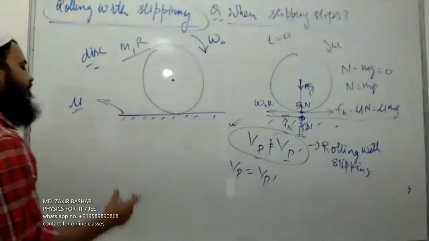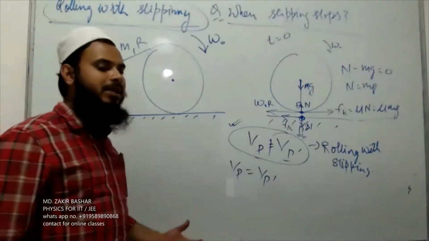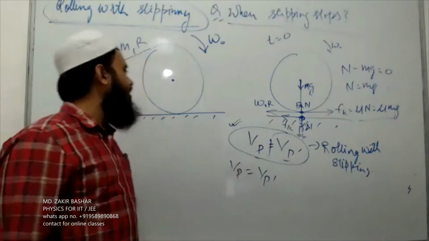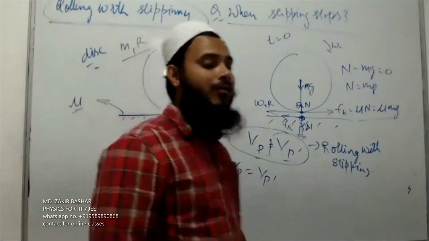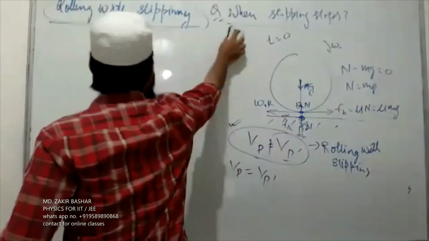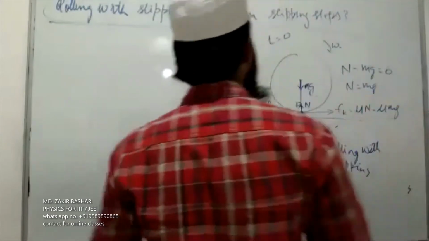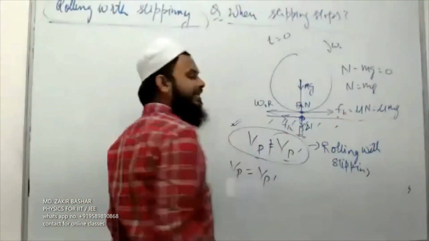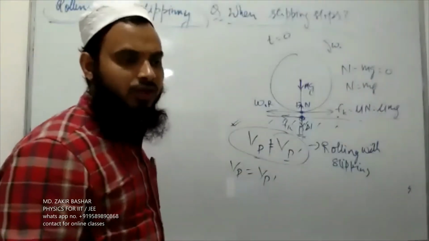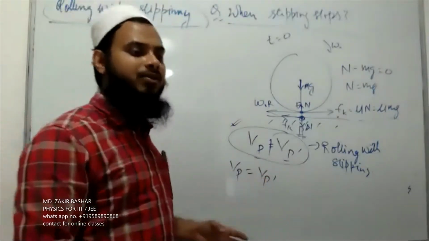Now see how we will find at what time the slipping stops, when it will become equal, or we can say when the kinetic friction will achieve its force. From this diagram, the kinetic friction force is acting away from the center of mass. So due to the kinetic friction, this disk starts to translate as well as rotate.